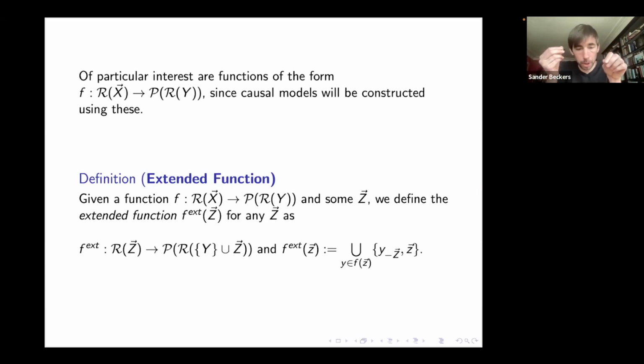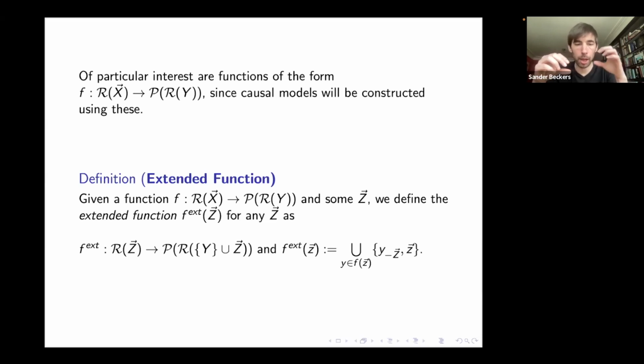Now, there's a crucial aspect here. Since I'm talking about variables, and each variable can only have one value, at least in any given solution, right? For any given tuple, each variable will have one value. What if the variable y already occurs in z? Then we're going to have to choose, because then we have our value of y as it was given in the input, and then we have our value of y as it's determined by the function. Which one of those are we going to keep? Now, here I make the choice that we're going to keep the input.